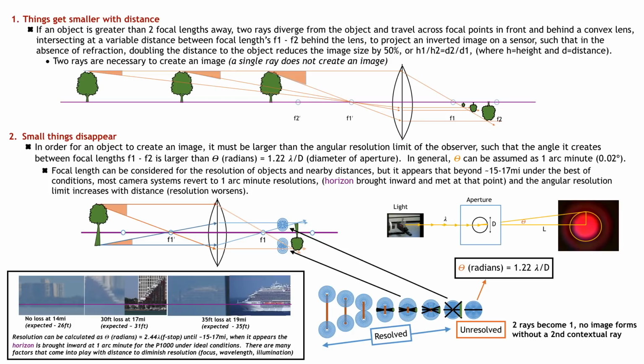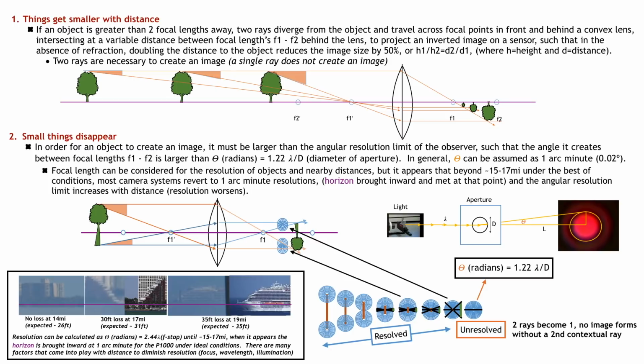So just to briefly describe the diagram here, again, we have our tree, with the top and bottom of our tree at various heights, sending out rays of reflected light to the observer through a convex lens, creating different angles. The angle of light that is created on the back of the sensor gets smaller and smaller with height, and at a certain point, the two diffraction patterns of that light that is being scattered through the aperture